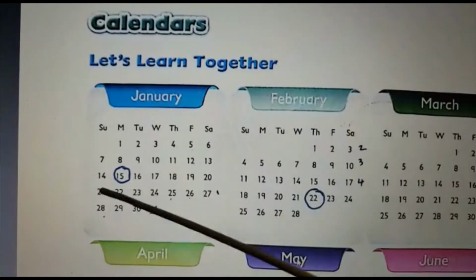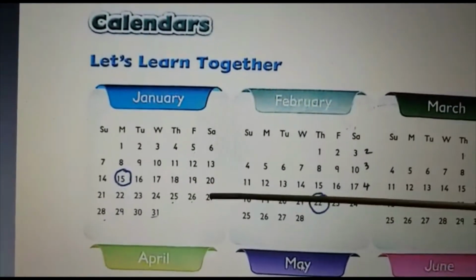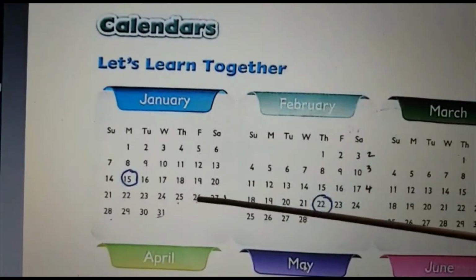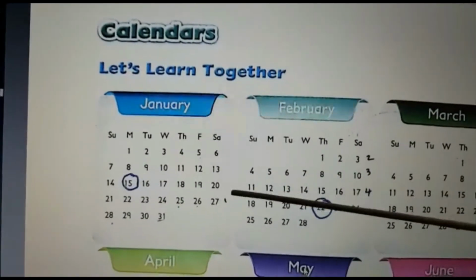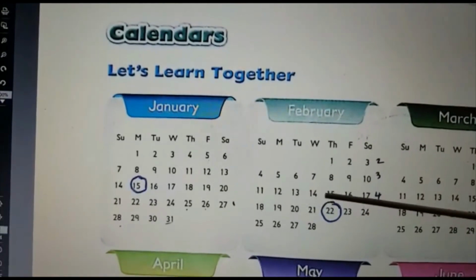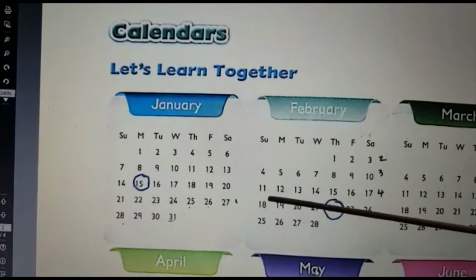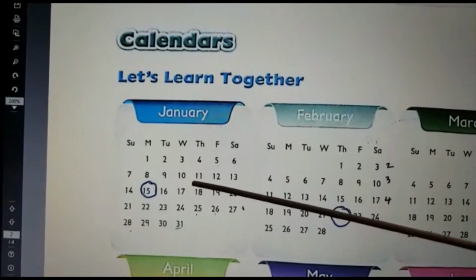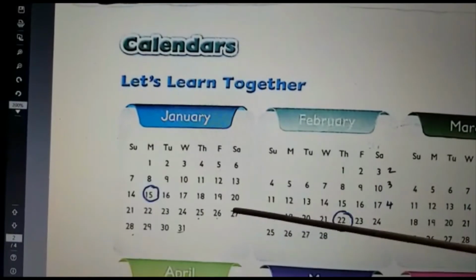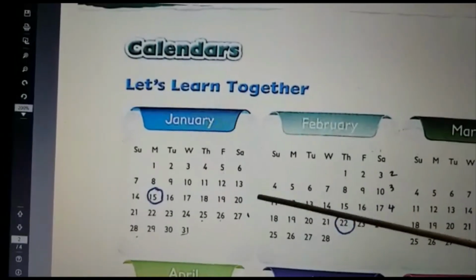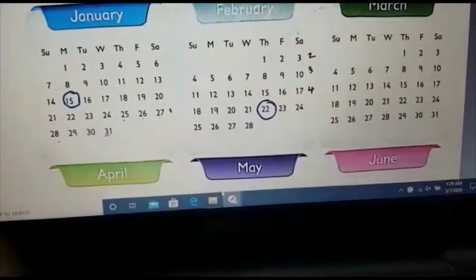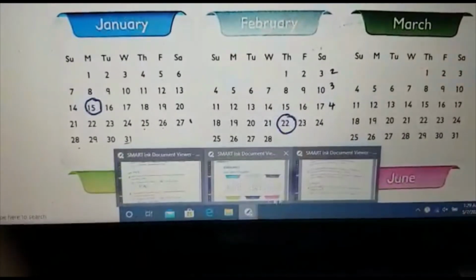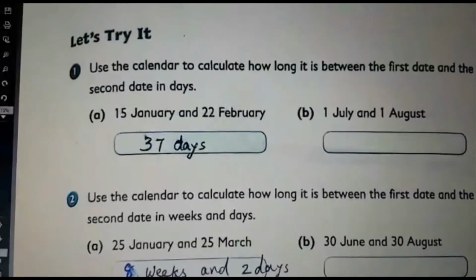So first we count the full weeks. Leave these two rows first. Then here, 1 full week. Then this and this together, week 2. Then 3 weeks. Then 4 weeks. Then you count the days. After 4 weeks, 1, 2, 3, 4 here. Then 5, 6, 7, 8, 9. Okay, here 9. So 4 weeks and 9 days. 4 weeks means how many days in total? It is total 37 days. Is it? Total 37 days are there.